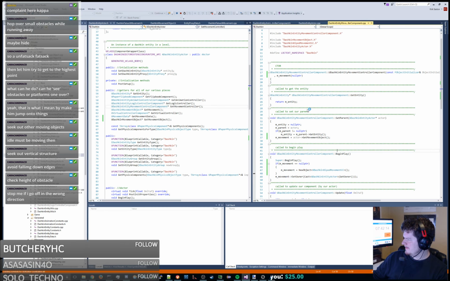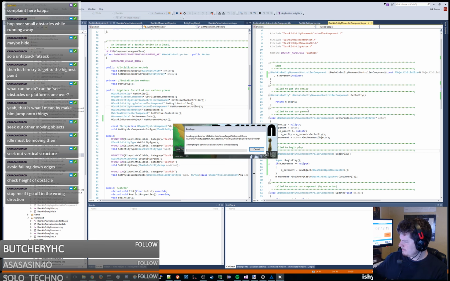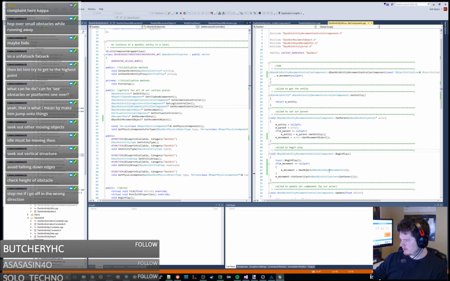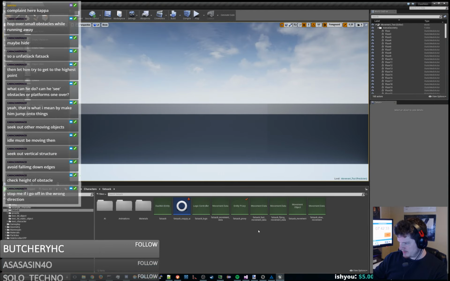We need to create the player, because we just created fatsack, and we actually just started enforcing the rule that if you have a movement controller, we're going to use it. So I could either just use the biped movement controller, which is probably what I should do. I should probably just make a